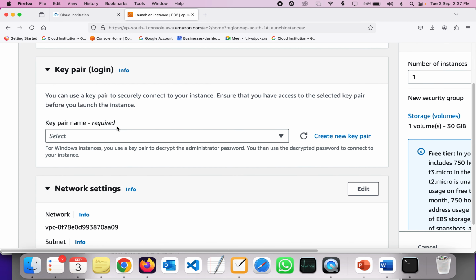Now let's talk about the key pair. Let's create a new key pair for this purpose. As I discussed earlier, the key pair is an authentication file that is used to